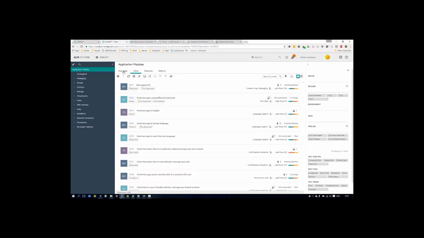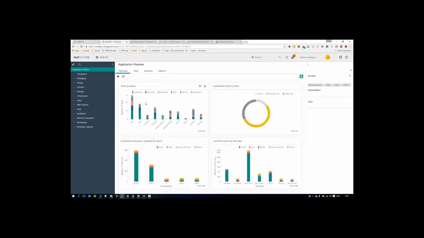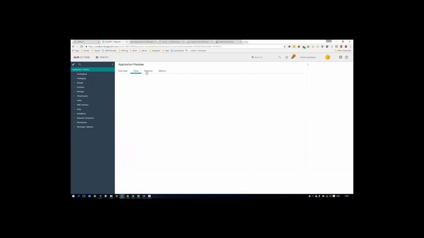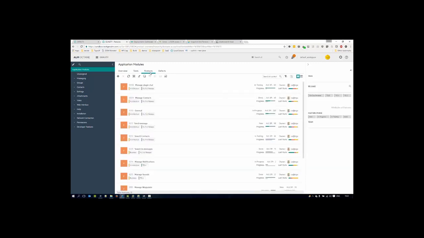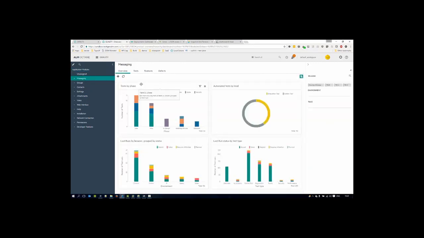In application modules, we also get the dashboard that will adapt itself, tests, features that are related to a specific application area, and defects. The quality module is used to monitor the quality of your application. The quality module is built on top of a concept called application modules, which is just a tree that logically defines your application. This application module tree is defined by the user or by the business analyst and allows the user to easily see exactly how the application is broken down logically and allows you to track the quality by